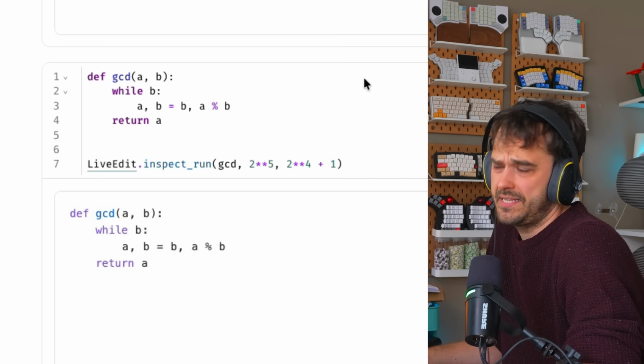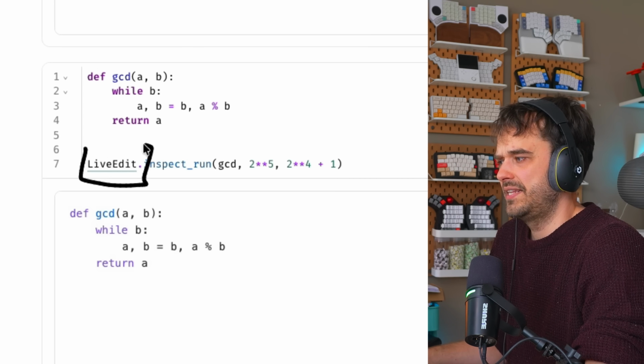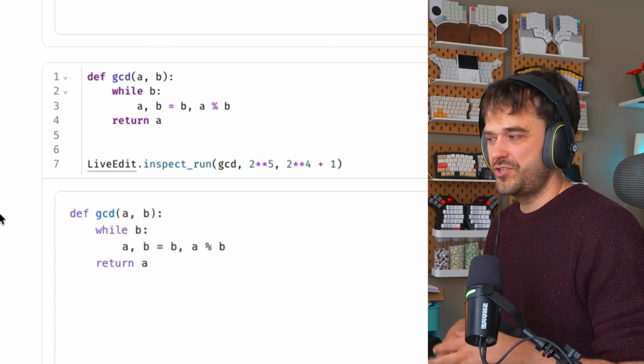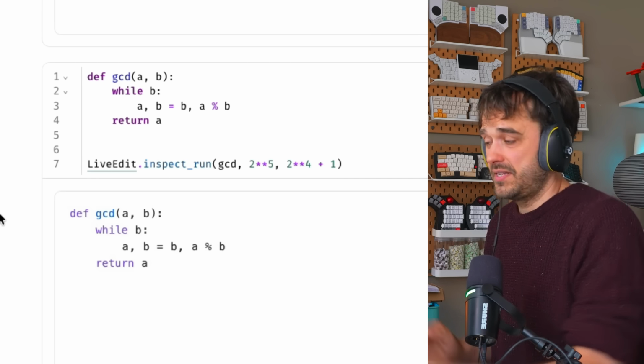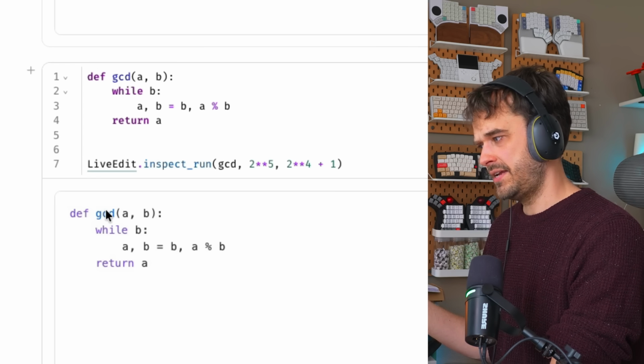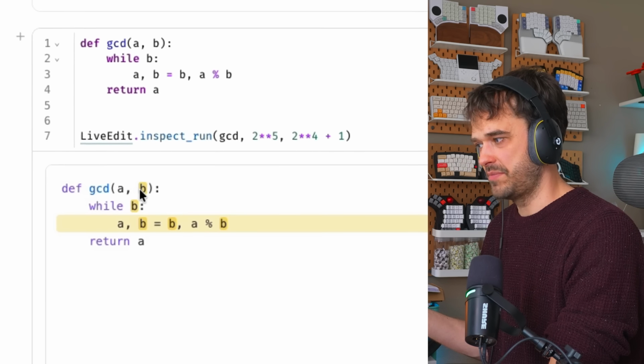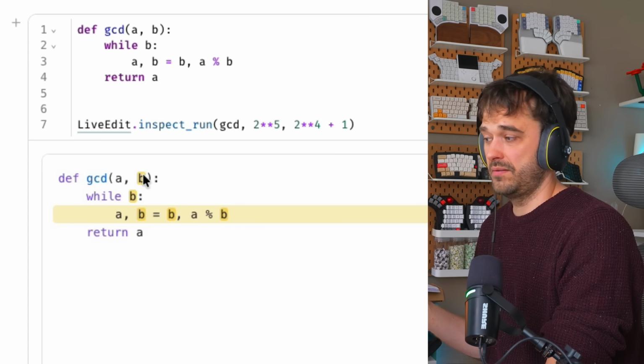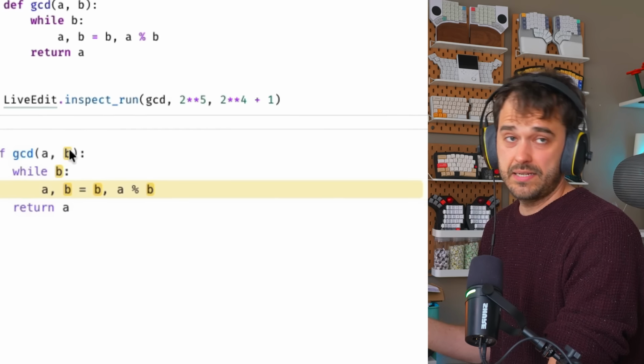So to make understanding that a little bit easy, we now have this LiveEdit widget that has this method called inspect_run, and you can pass a Python function in there with some arguments to run, and then the widget will generate and show you this interface that tries to explain everything that's happening. So on the left-hand side, there are some variables, A and B, and you can see that while I hover over,